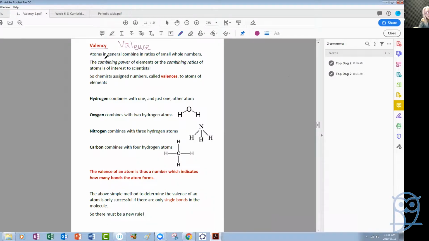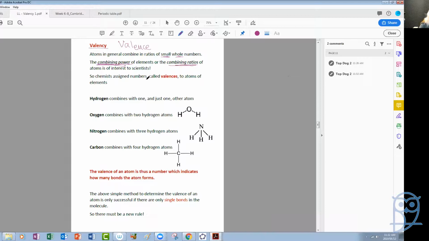And it was because scientists, chemists especially, had noted that in compounds, the atoms combine with other atoms in very small ratios. So atoms in general combine in ratios of small whole numbers. So the way that these atoms combined was, of course, of great interest to chemists. And they needed to develop something like an accounting system that tells them how these atoms combine. So this combining power of elements, or the combining ratios of atoms,